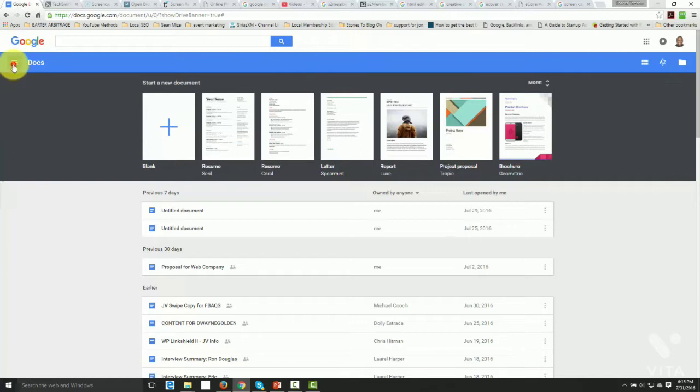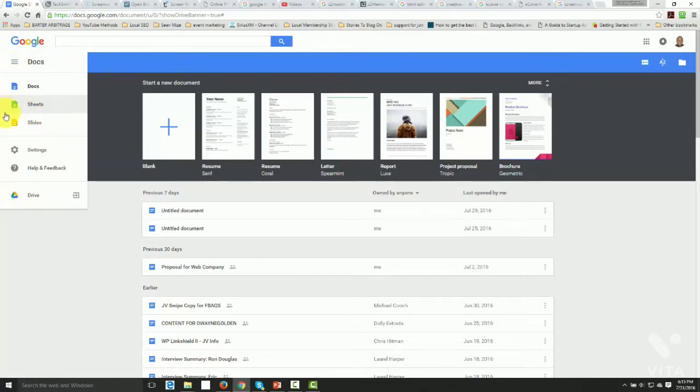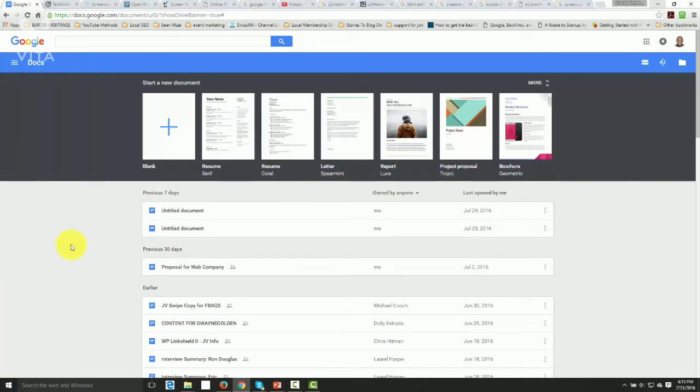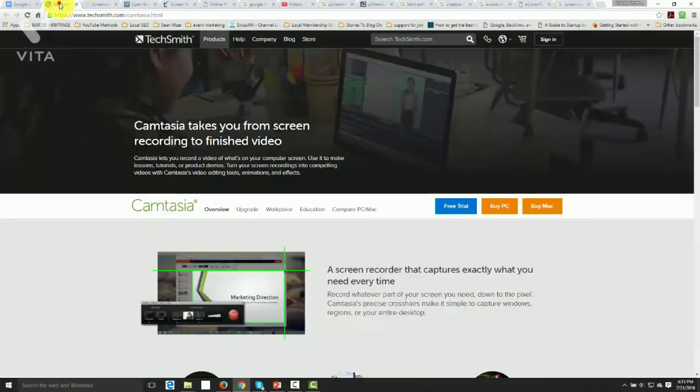You'll need to start by creating an outline on maybe slides, or if you want to do it on Google Docs. And once you create your slides and your docs, then you're going to start creating videos. In order to do that, you're going to need to be able to record your screen. Now, there are a couple of programs that you can use. Most internet marketers and entrepreneurs will use